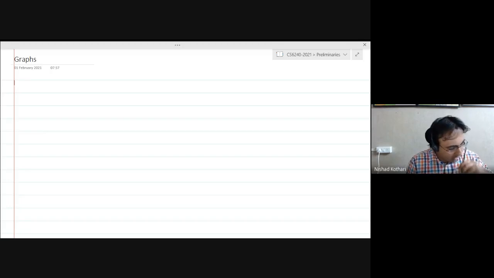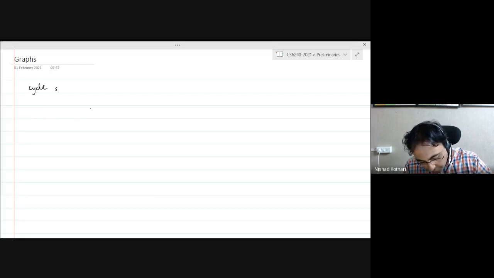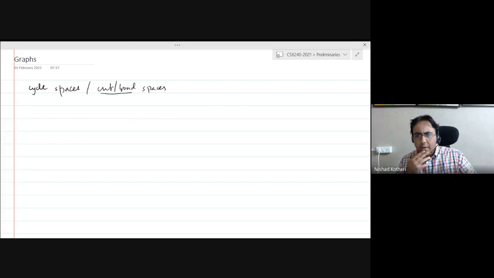check on how many of you have previously seen the term. How many of you are aware of these algebraic objects associated with a graph? Cycle spaces and cut spaces. They're also called bond spaces. Is there anybody who is familiar with cycle spaces and cut spaces or bond spaces? If so, you can type in the chat box or you can just turn on your mic and tell me. Okay, seems like nobody has seen that. So at least there'll be something new in the first week itself. Good.